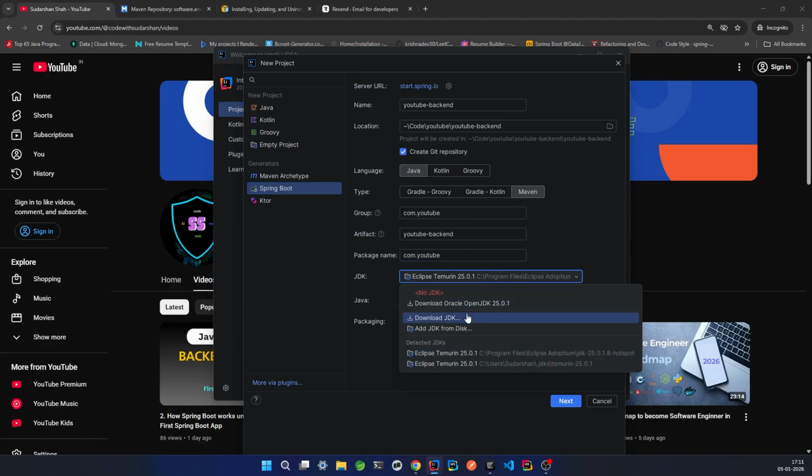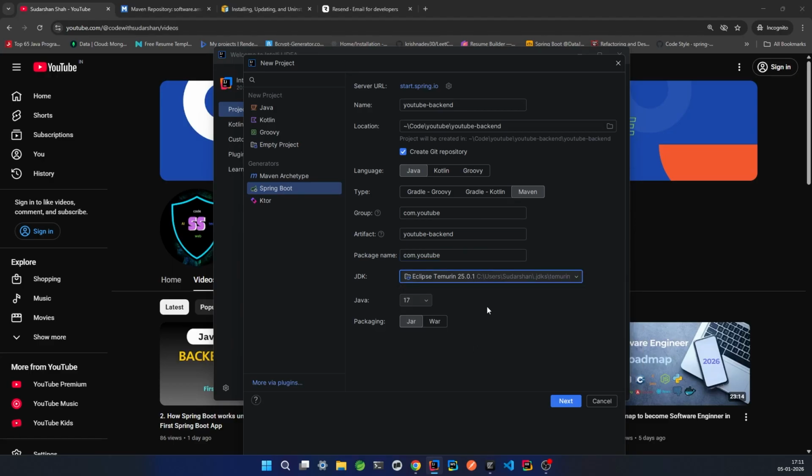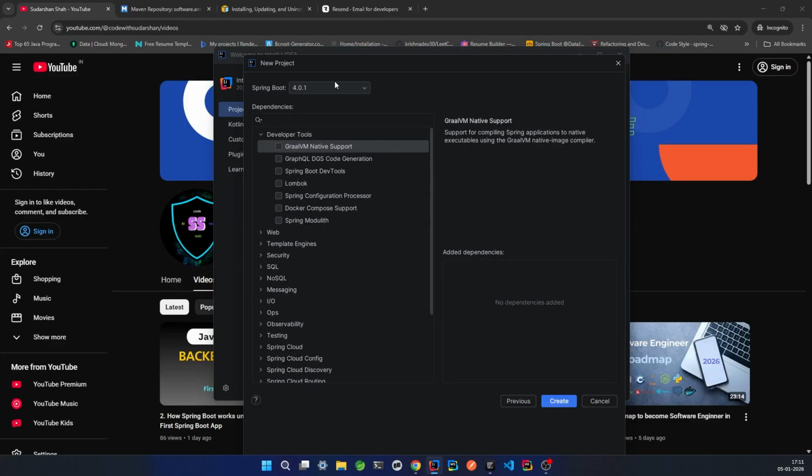Here it is fine. Java 25, make sure to select Java 25 and jar. So here the settings are fine. Now moving to the next one, select Spring Boot version 4, and from here you have to select Lombok, select